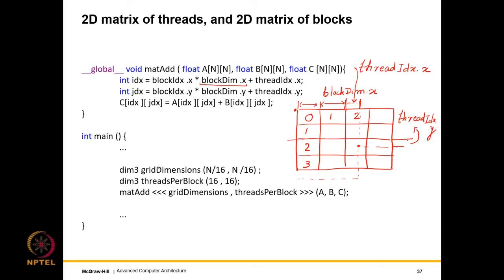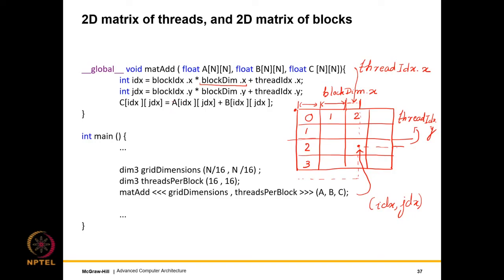Okay, so this displacement over here that you are seeing is threadIdx.y. So that is how we get the coordinates of this thread over here on the grid, which is basically idx and jdx. The computation of the coordinates of the thread is slightly more difficult over here as compared to what we have seen earlier. But that's okay, because in this case we have a hierarchical organization. We are organizing or arranging threads within a block, and we are also arranging blocks within a grid. So because of that, we have this two-level thing, right?